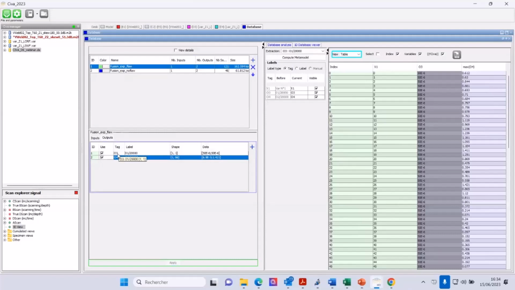The tag is a label between my simulation and my experimental data. So I'm just going to rename this one. And yes, again, I made a mistake. And O2.